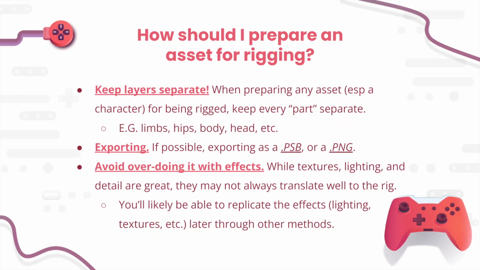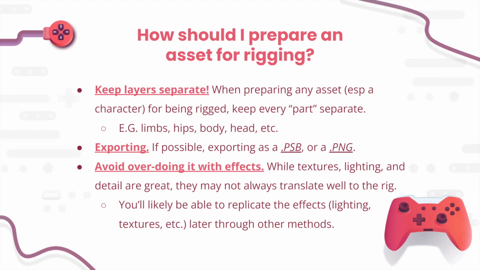And finally, I'm going to be talking a bit about how you can prepare an asset for rigging. So the most important thing is to keep layers separate. When you're preparing any asset, especially a character, for being rigged, make sure all your layers, or all your parts, like body parts, for example, are on separate layers. So let's say I'm animating a person: my left arm, my right arm, my neck, my head,